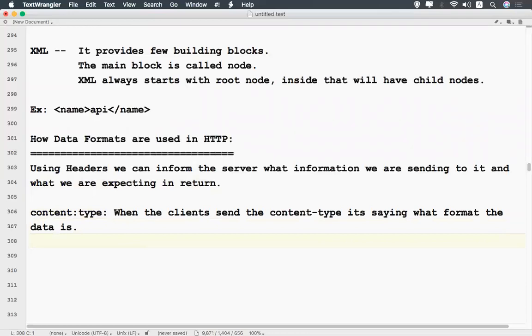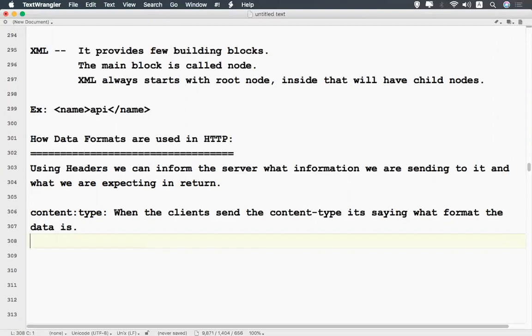Okay, so we'll have one more thing called accept. The accept header tells the server what data format it is able to accept. In the content type, what we are sending, meaning the form of the information we are sending, I'm sending the request in the form of JSON, or in the form of XML.